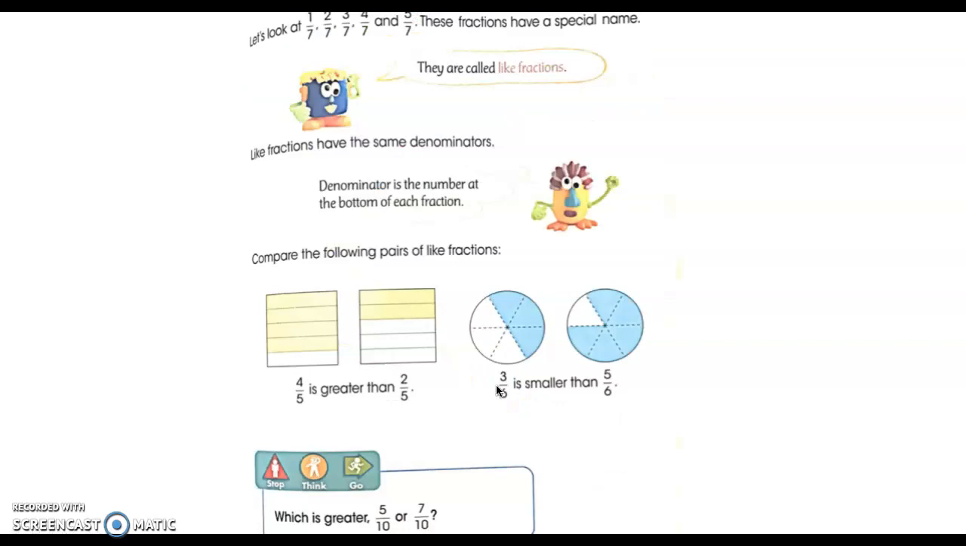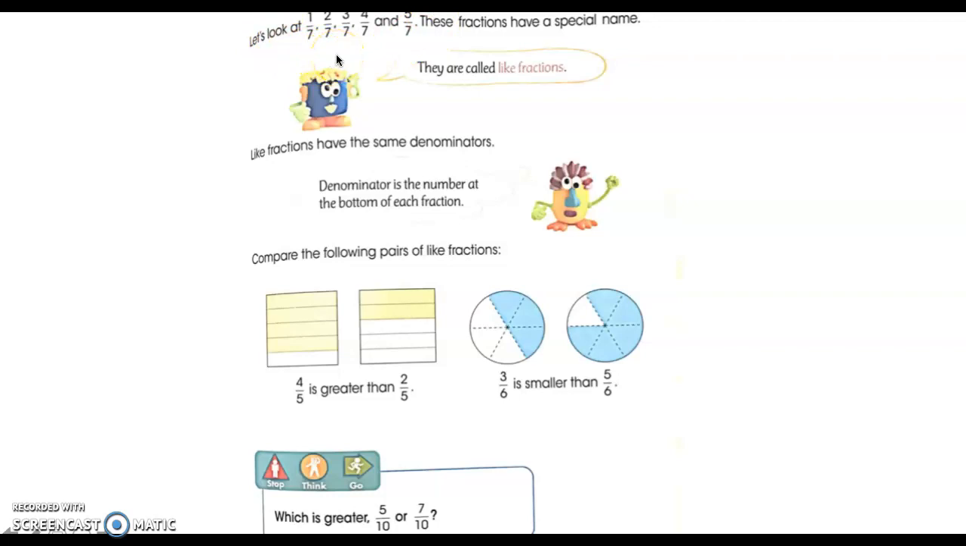Next, now look at these fractions. The whole stripe is divided into 7 equal parts. Here, the unit fraction, 1 part is taken, 1/7, 2 parts taken, 2/7, 3 parts taken, 3/7, 4 parts taken. Now look, if you observe these fractions,